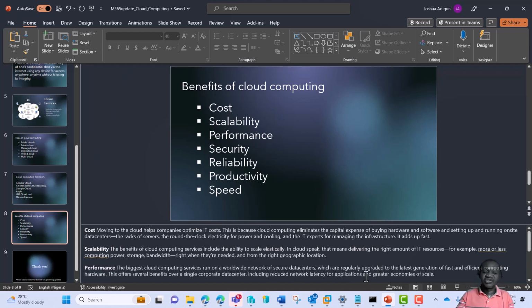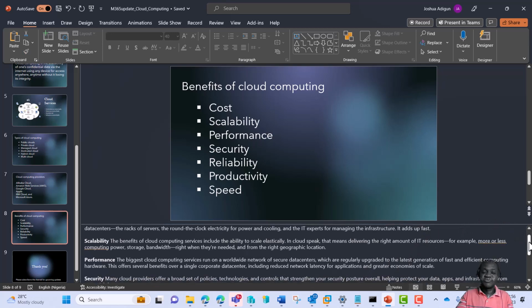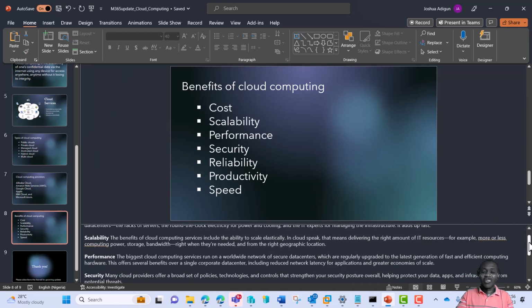And then performance. Cloud computing increases performance. How? Cloud providers use the latest generation of devices in their data centers. These data centers are secure, and because they use the latest devices, things are fast.